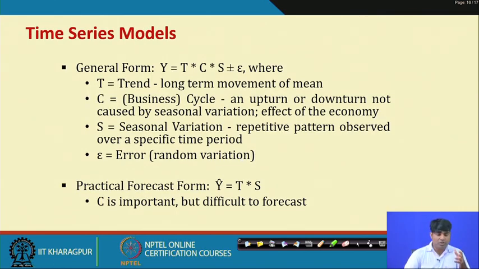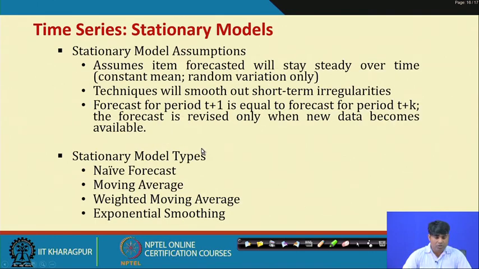In fact, we have already discussed this in the time series models. We have time series components: T stands for trend, C stands for business cycle, S stands for seasonal variations, and then there is the error term. Of course, there is an additive structure and a multiplicative structure in any context. These are the various factors through which we like to generalize the prediction rules and the forecasting rule, and then we go about this particular structure.